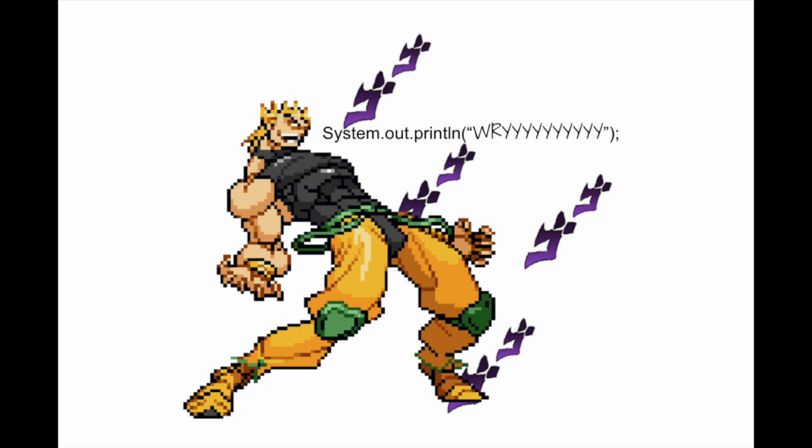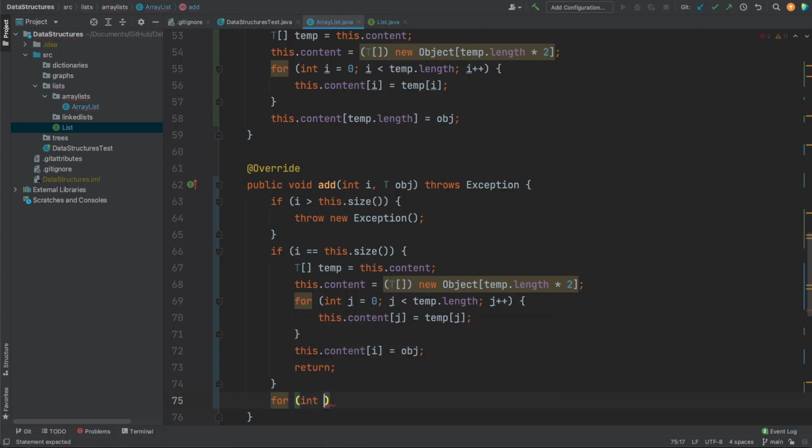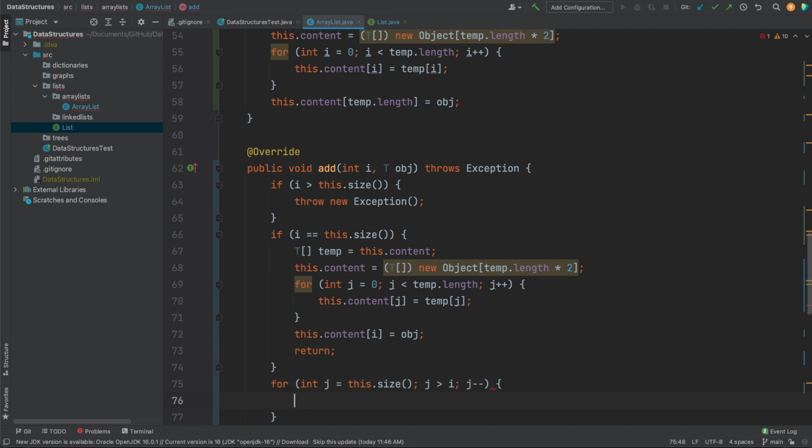And now what about someplace in the middle? After we've already checked that it'll fit, otherwise we've doubled our space, what we can do is just move everything to the right until we hit that space. That way we don't need to track multiple things at once. We just move the end one over, and then the one next to the end back next to the end, etc. So we're going to create a for loop from int j equals this.size, then j greater than i, then j minus minus, which means we're going all the way from the largest value